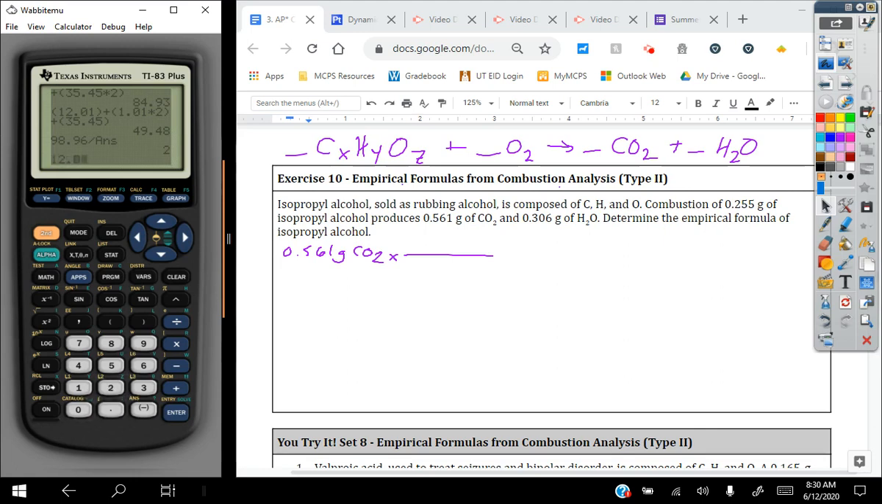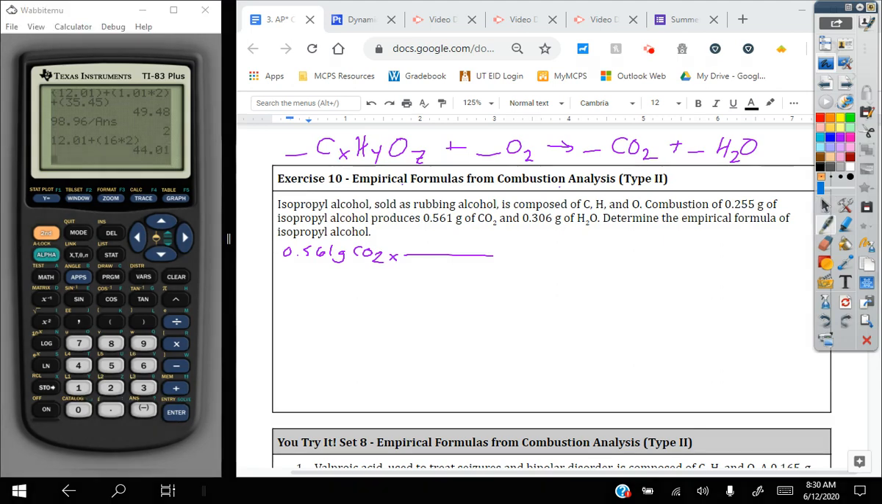So you've got 12.01 grams for the single carbon in CO2 plus 16 times 2 for your 2 oxygens. So the molar mass of carbon dioxide is 44.01 grams per mole. Actually, I don't need grams per mole. It's just grams with 1 mole on top. All right. So if we get that to moles and we repeat the same process for water,